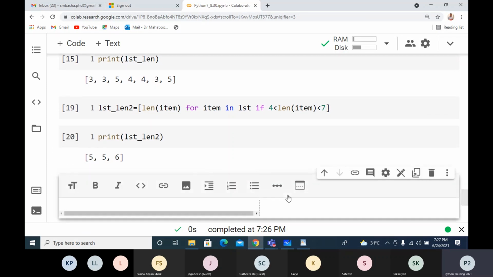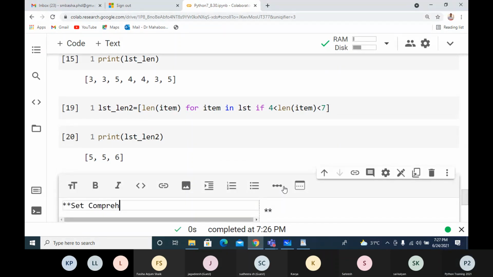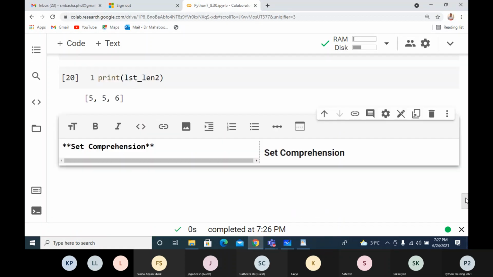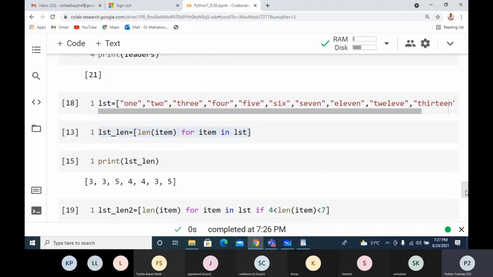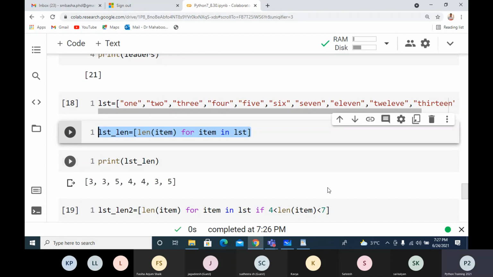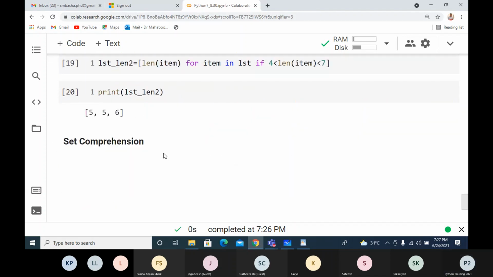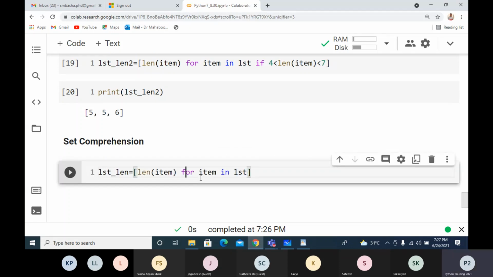So if I take the set comprehension, I'll take this and copy here. If I want a set here, just SCT, but duplicate items will be eliminated.